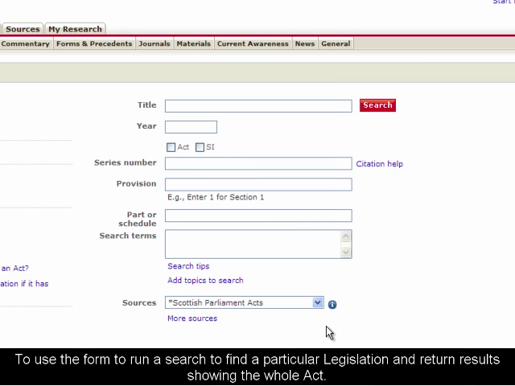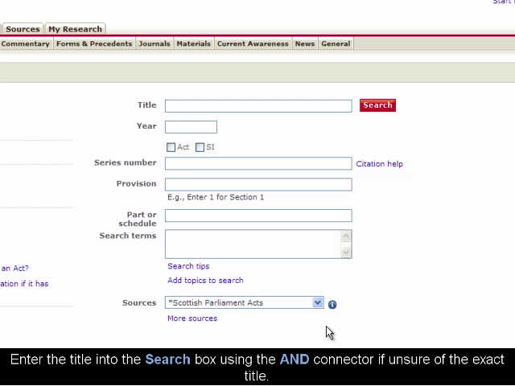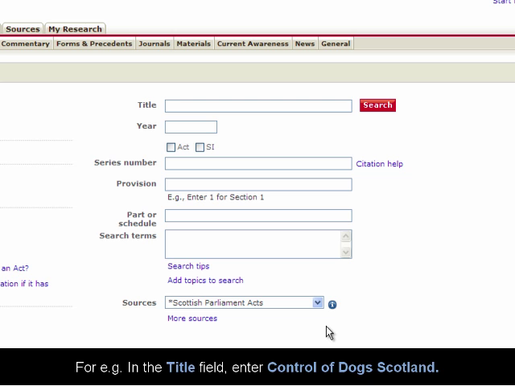We will now look at using the form to run some searches. To find a particular piece of legislation and return results showing the whole act, simply enter the title into the search box using the AND connector if you are unsure of the exact title. For example, you could enter Control of Dogs Scotland in the title,